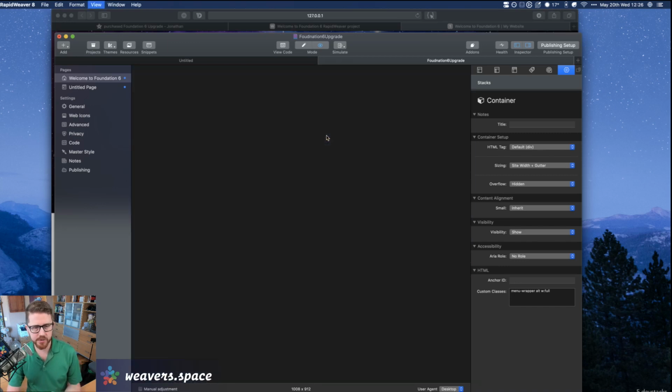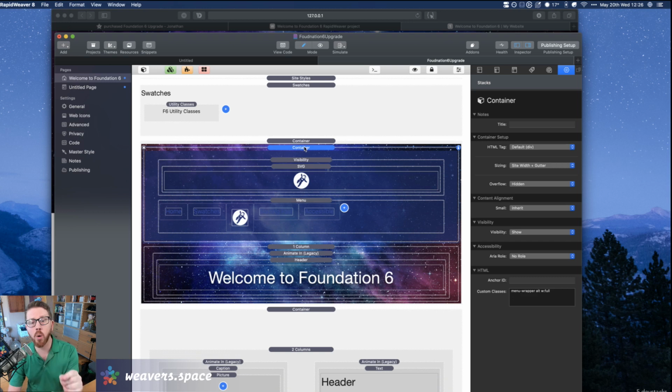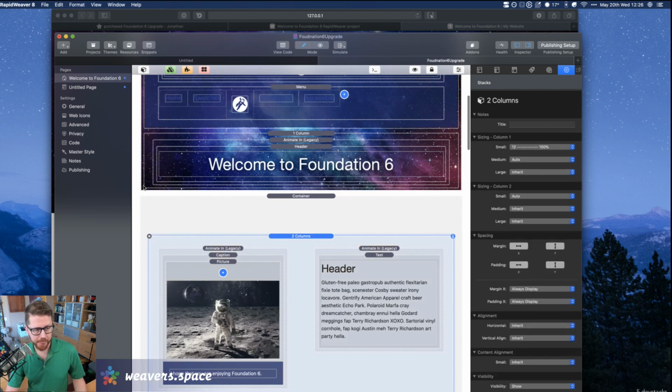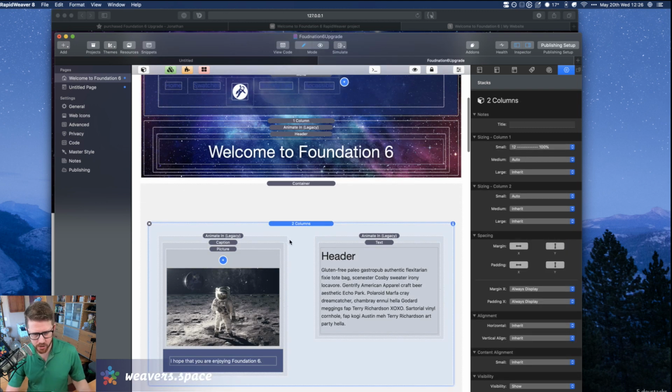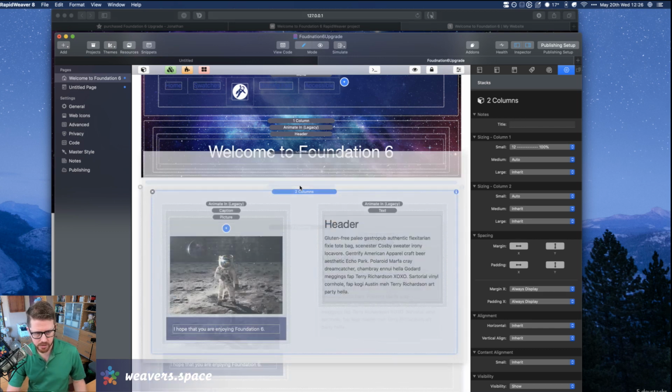Okay. Now, what's the difference with the one column? So the container is the only thing that can restrict your content to the site width. Only the container. That's it. Nothing else can do that. Even a one column. So for example, this is a two column, but if I were to take this two column and put it outside of the container,